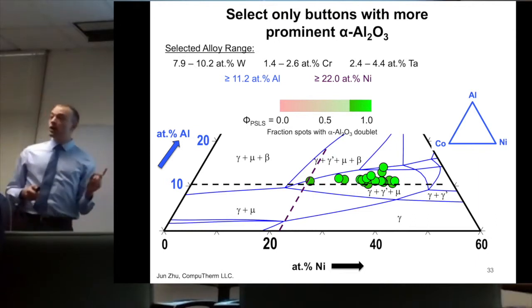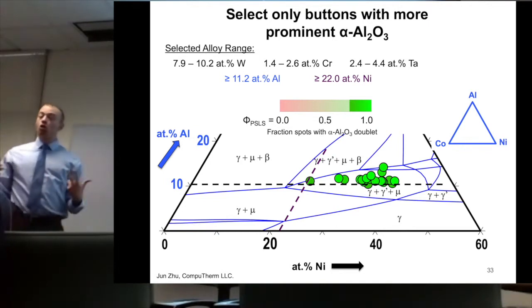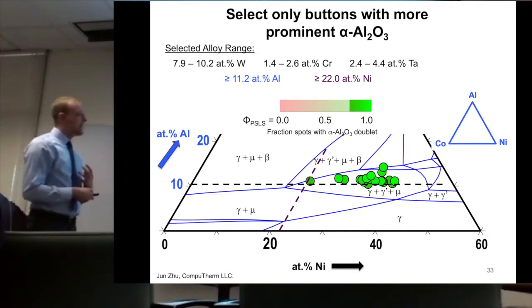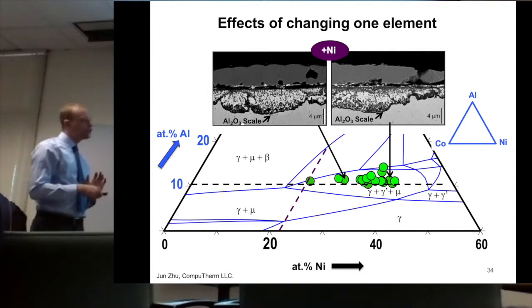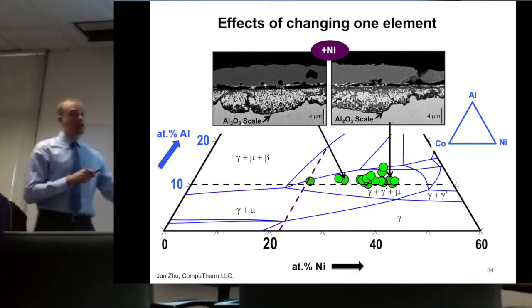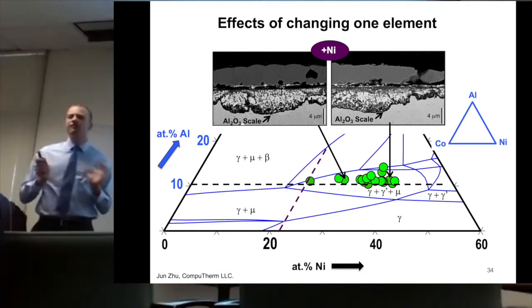We'd also like to ask the question, which of these elements, aluminum versus nickel, is having a stronger effect on our oxidation behavior? So to assess that, we can take some cross sections of the buttons and move along isoconcentration lines to look at the changing morphology. So here we've moved horizontally in the plus nickel direction, and we observe that we have a continuous alumina scale here at the bottom, but there are some of those undesirable oxides on top. And as we increase the nickel content, we are shrinking the undesirable scales, but a lot of those phases are